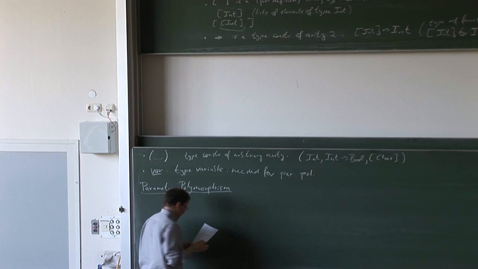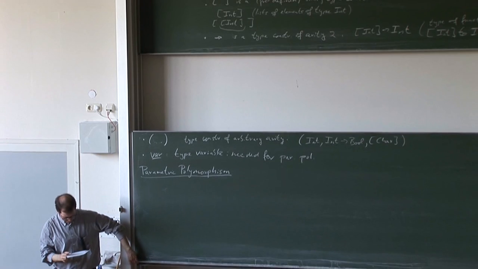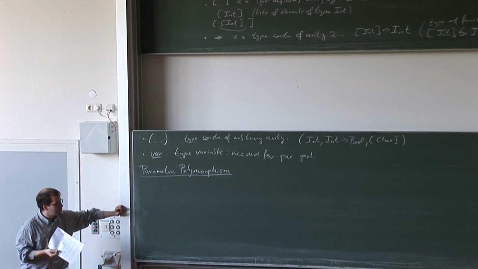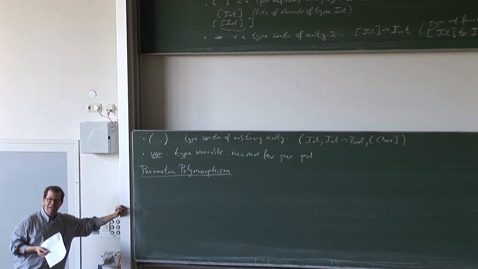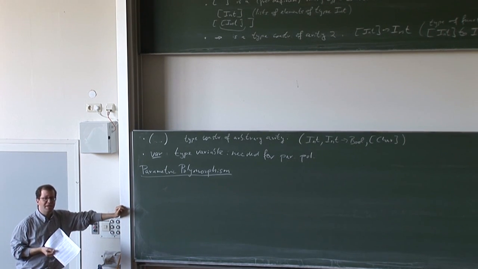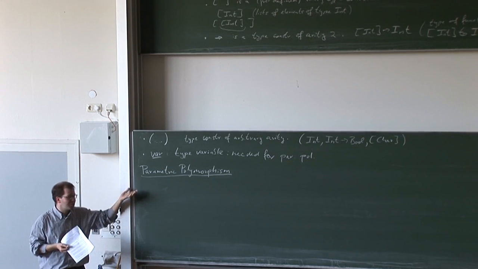In general, polymorphism comes from the word polymorphy. Anyway, it means that something can have different forms, and if you use it in this connection,